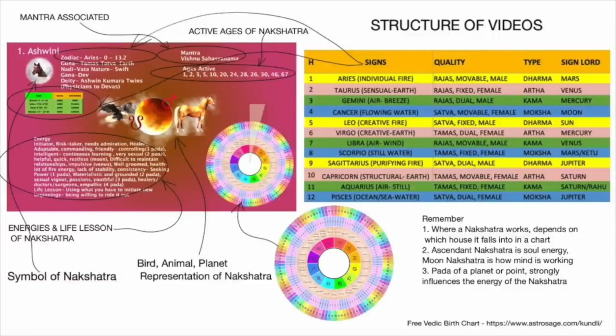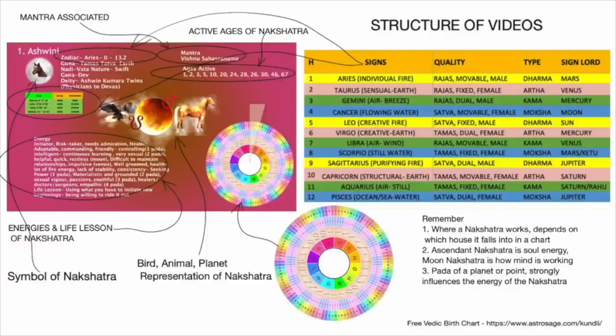On the left hand, bottommost corner is the most important of them all. It is the energy of the nakshatra. What kind of energy is presented? What life themes will be affecting this particular individual? If you have more number of planets or points in any given nakshatra and the ascendant and or the moon, this becomes a very dominant theme in your life. That's the reason why you need to know this.